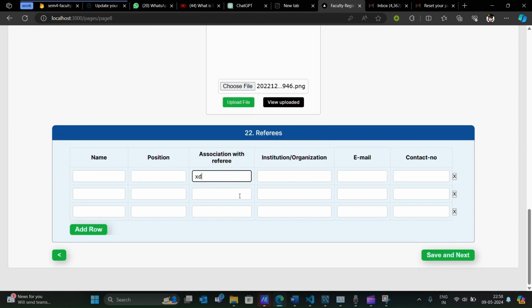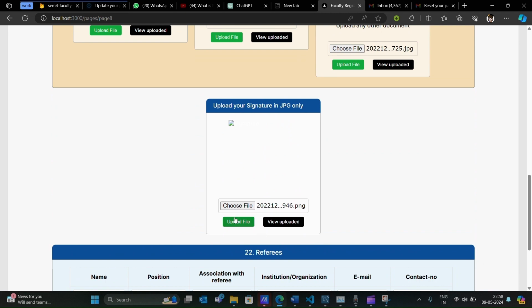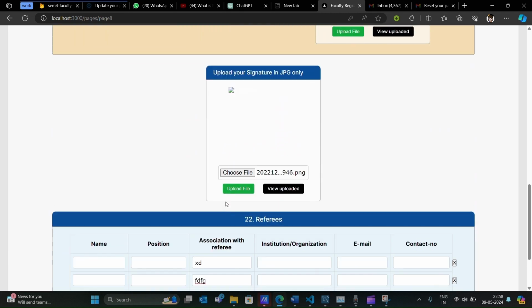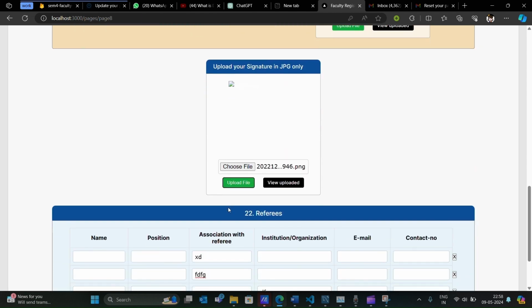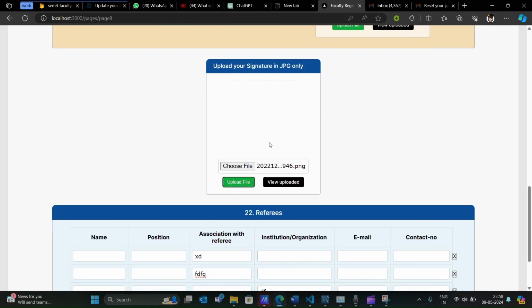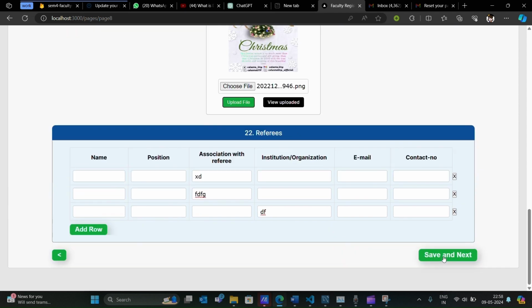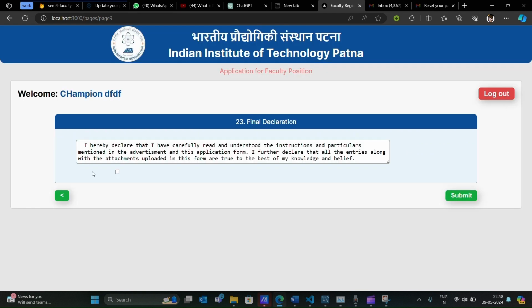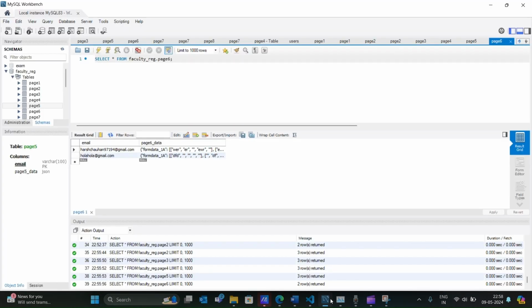Upload your signature. This is the page one view. So yeah, click this. Save and next. So page 8 is saved. At page 9 we have the declaration. After this page, the whole data is being